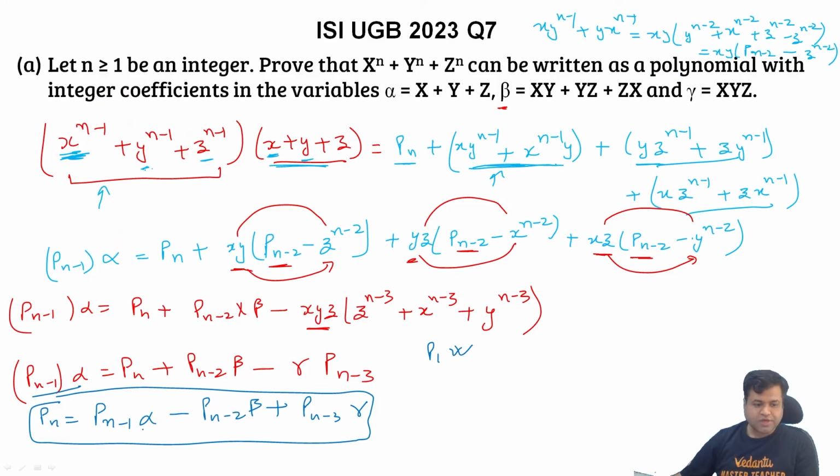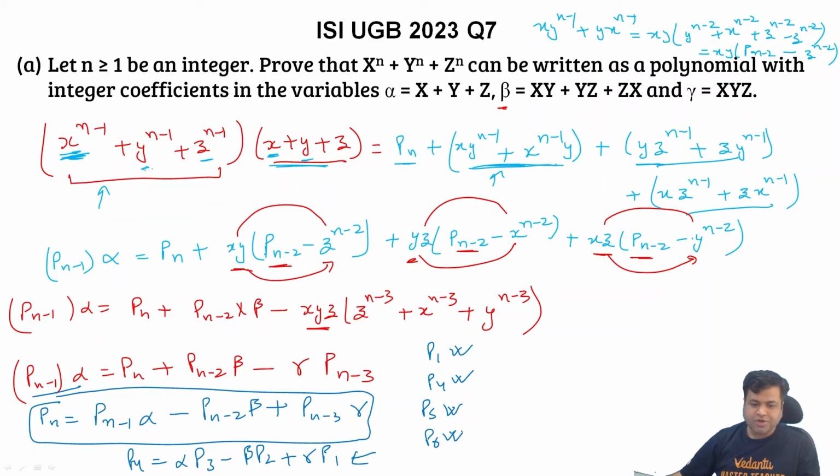तो P4 जो है, अब मैं यहाँ से P4 निकाल सकता हूँ. P4 will be obviously क्या बनेगा, अल्फा टाइम्स P3 माइनस बीटा टाइम्स P2 प्लस गामा टाइम्स P1, ठीक है. तो यहाँ पर P4 भी ऑब्वियसली अल्फा बीटा गामा की टर्म्स में ही आएगा, बिकॉज P3 P2 P1 भी है. अब P4 आ गया, तो सेम लॉजिक से अब हम रिकर्सिवली वी कैन कंक्लूड दैट P5 will also be true,